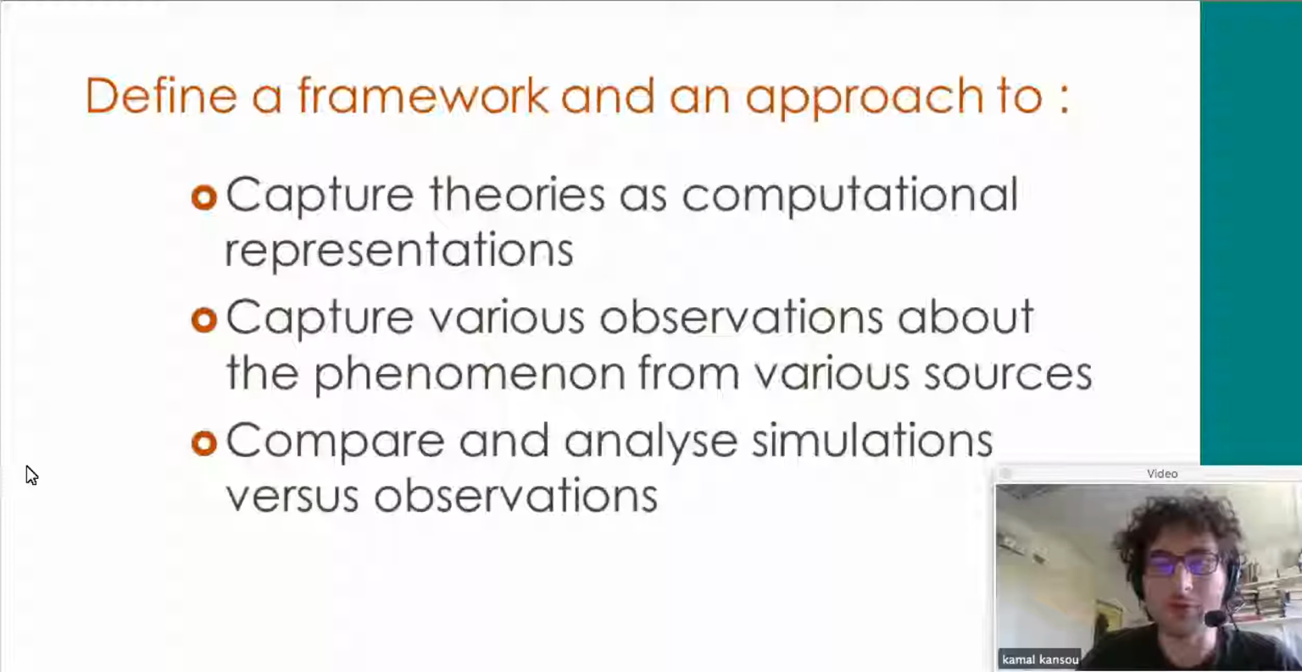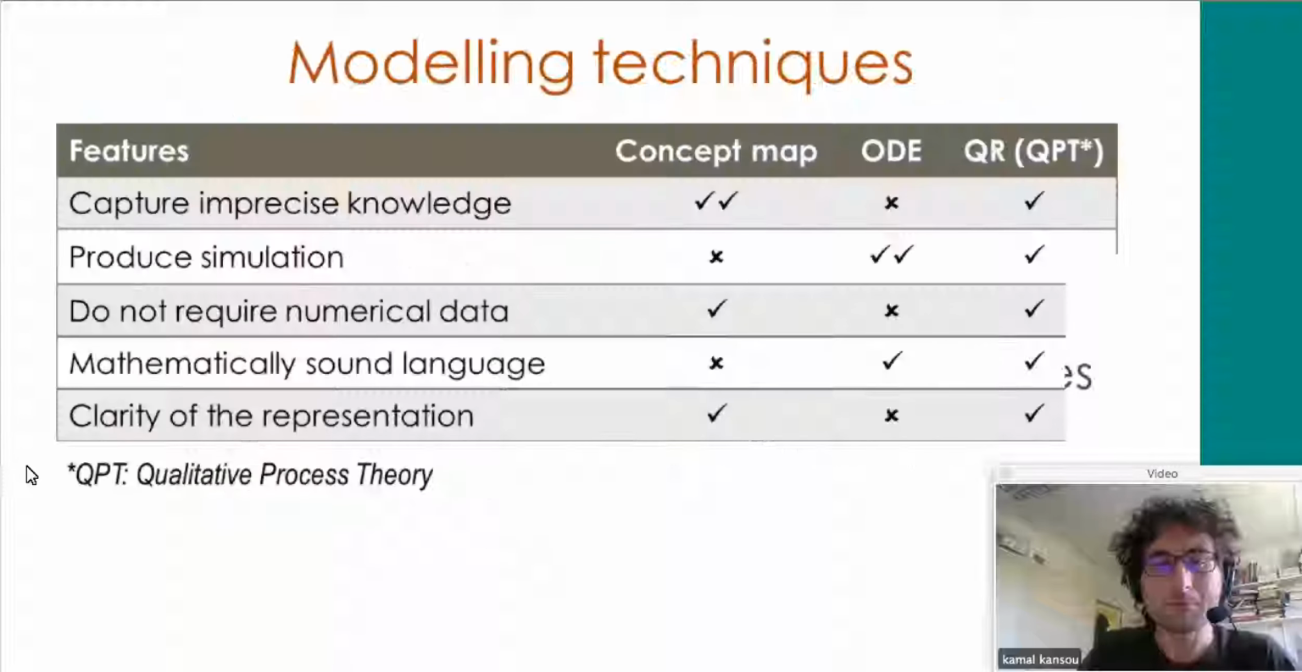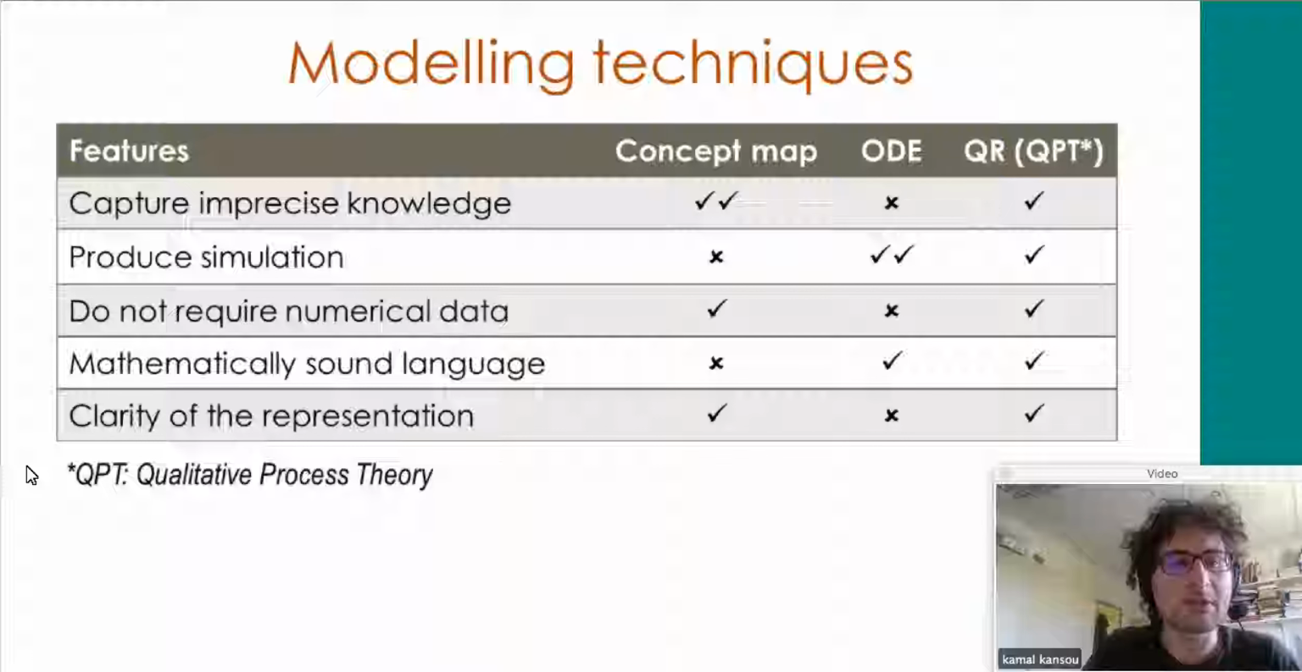Of course, how do we do that? Keeping in mind that observations are obtained in different conditions in different contexts. So there are a bunch of modeling techniques that we can review in order to perform this testing of a scientific model. I've listed 3 of them: conceptual mapping, ordinary differential equation, and qualitative reasoning, more precisely qualitative process